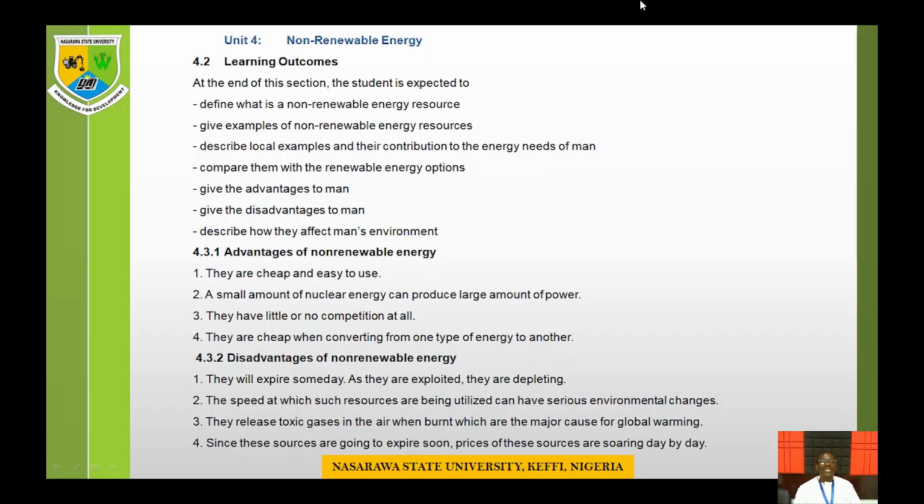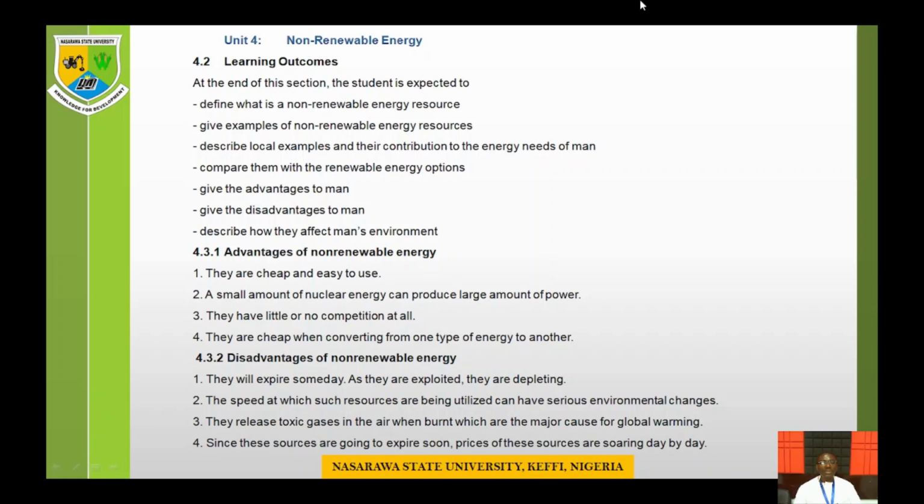You are expected, as learning outcomes, to: 1. define what a non-renewable energy resource is, give examples of non-renewable energy resources, describe local examples and their contribution to the energy needs of man, compare them with the renewable energy options, give the advantages to man, give the disadvantages to man, and then describe how they affect man's environment. Let's start with the advantages